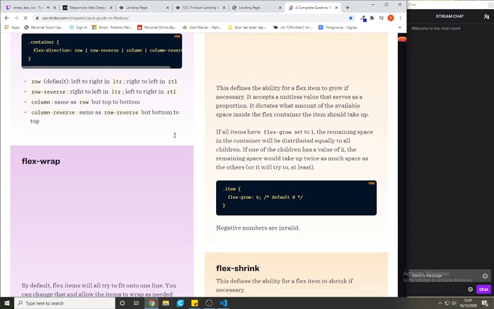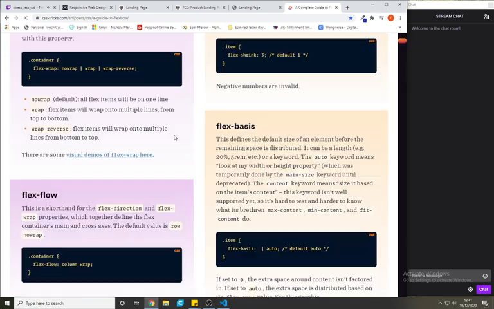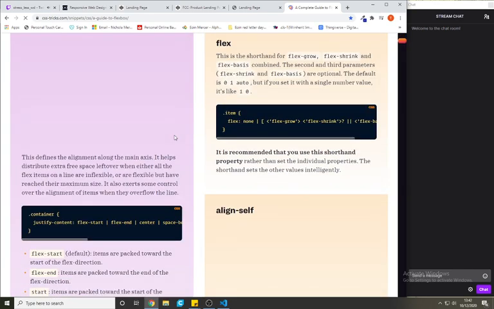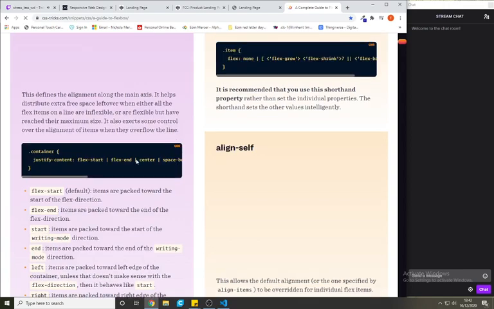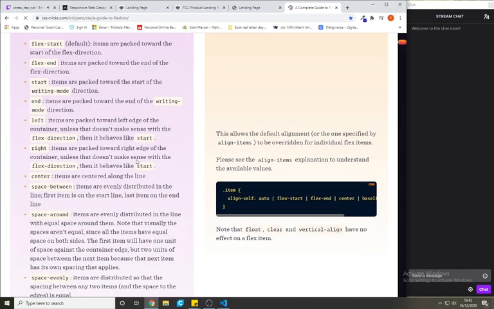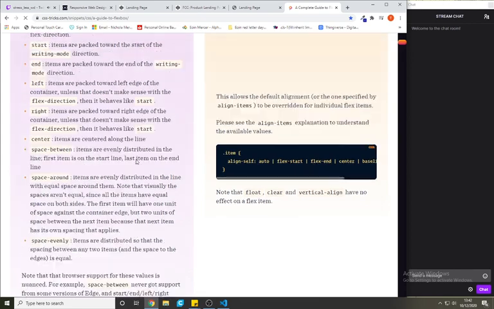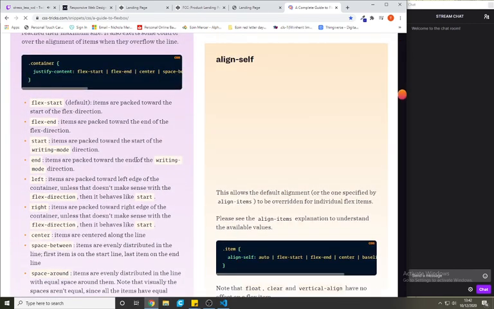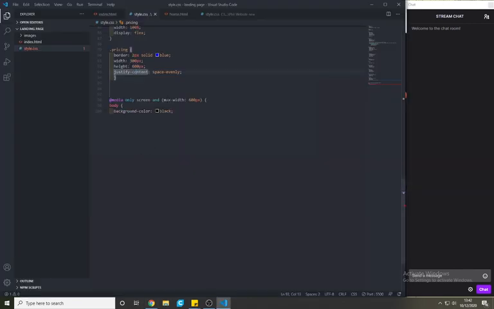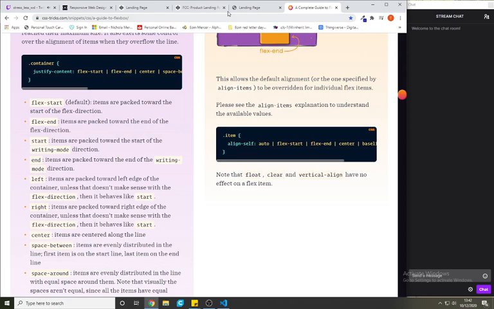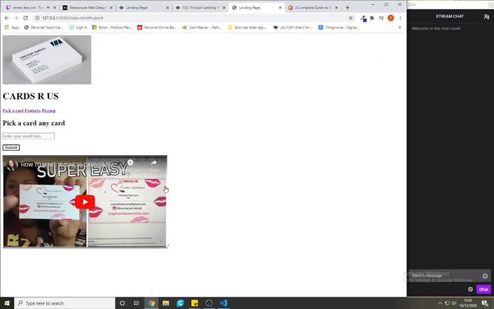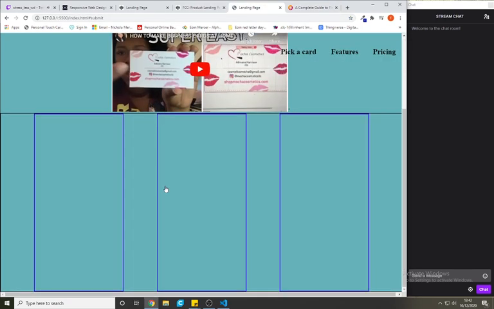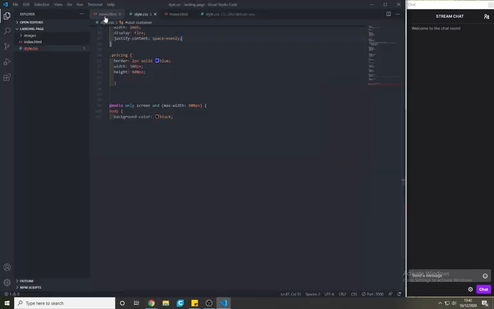Space evenly, space evenly, space... Flex wrap. No, flex flow. No. Is it because it needs to be in there then? The answer is yes. Yes it is. Cool. Right, now in these we want